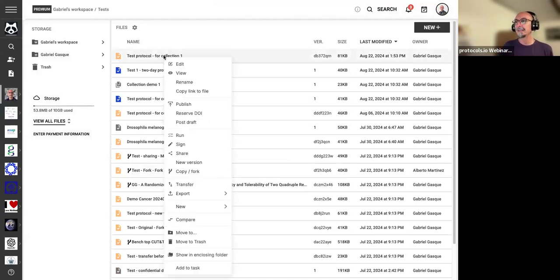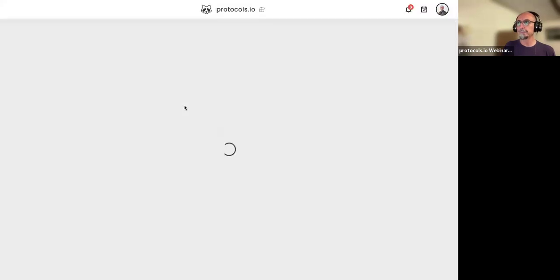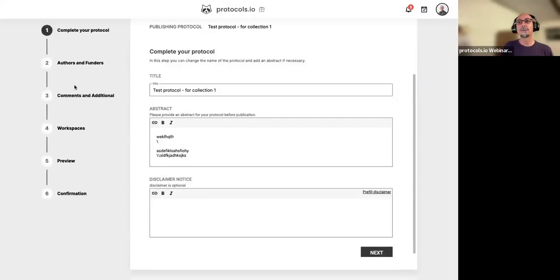I highlight it. I click publish. And then I just have to complete 6 very easy steps before I make my protocol public. We don't peer review, so your protocol is only screened very lightly and is usually made public within 24 hours.